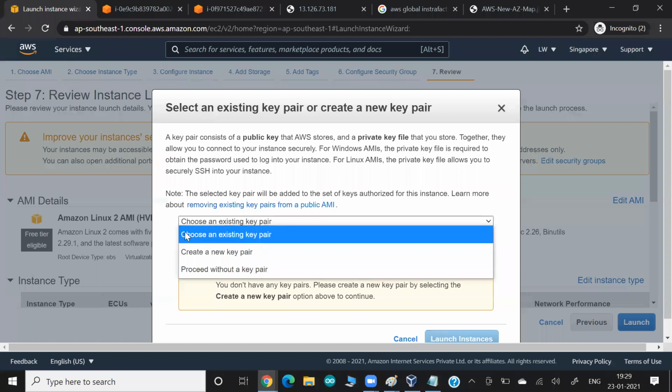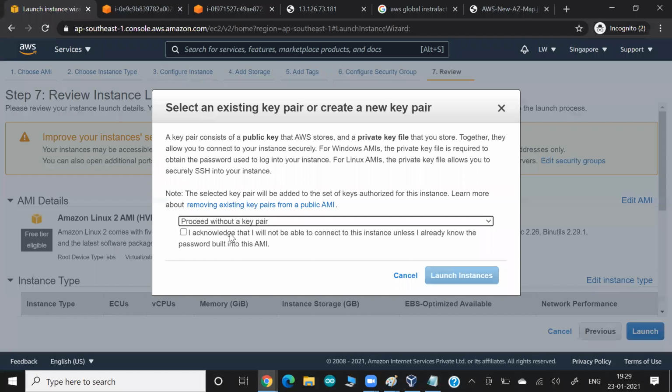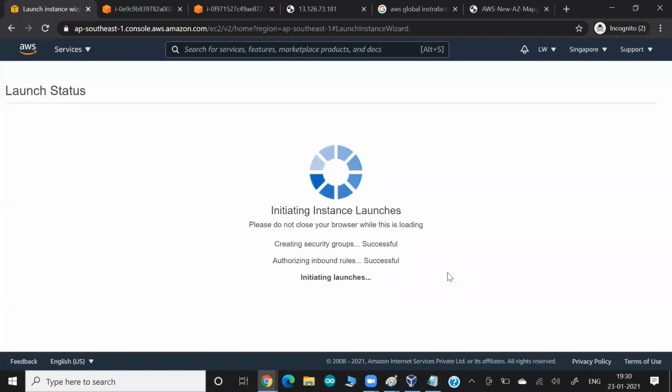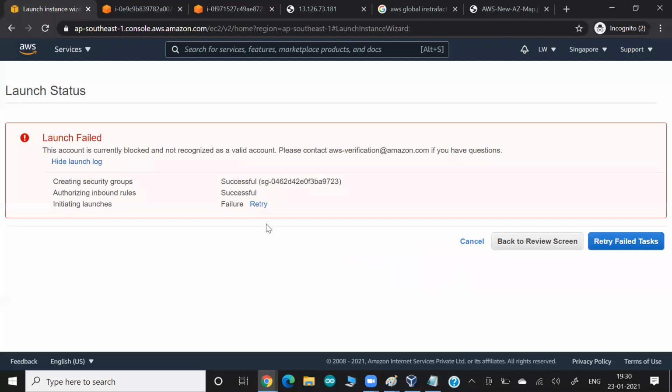But understand one thing, guys, if you don't attach the key right now, there's no option again in the future to attach a new key. So the only option left would be to delete this instance. Okay, so you can properly plan. If you think your script is tested, you don't want to configure anything else in the future, then only proceed without the key. So we can be pretty sure my script should